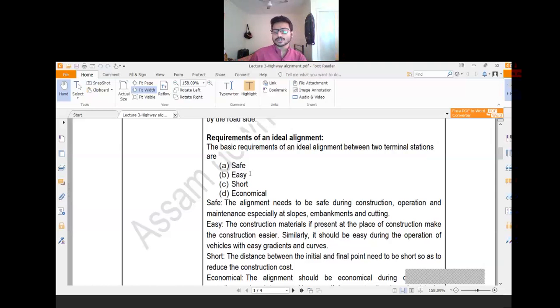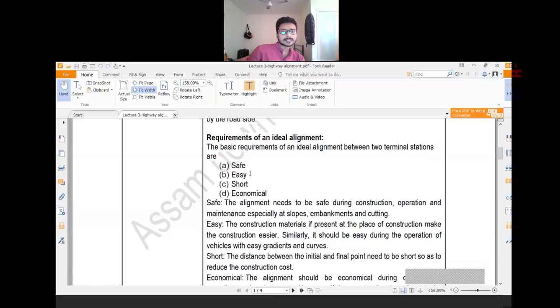Then the next one is easy. Easy means the construction materials are present at the place of construction. In that case, it will be very easy for the construction. Similarly, it should be easy for the operation of vehicles, with easy gradients and curvature. Suppose you need to construct a road in hilly areas. Now, if the gradient is higher, gradient meaning how much height the vehicles cover, then trucks and lorries which generally transport different goods